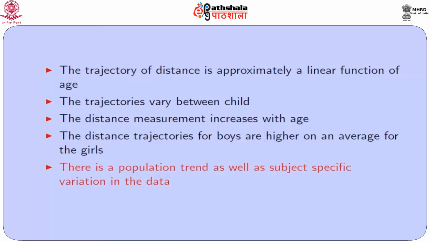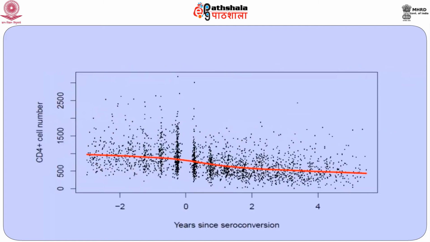The next data is the Multicenter AIDS Cohort Study. Here 369 AIDS infected individuals are taken, and over time their CD4 plus cell number is noted. Now CD4 plus cell number, or CD4 plus cell count as we say, is a measure of a person's immunity, and what the AIDS virus does is it depletes the CD4 plus cell counts. So 369 individuals are followed over time, and they are followed